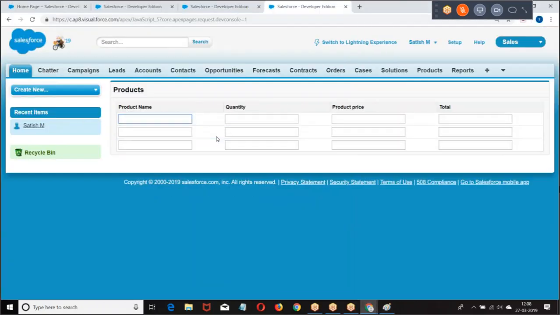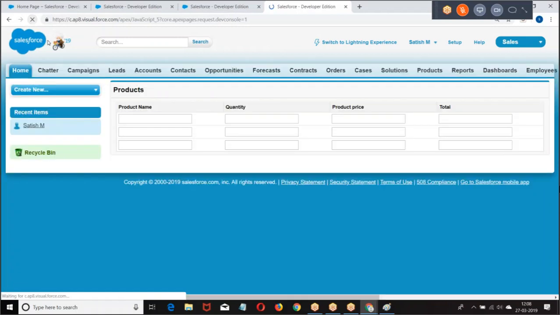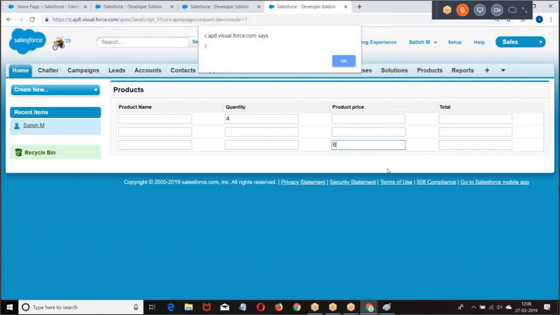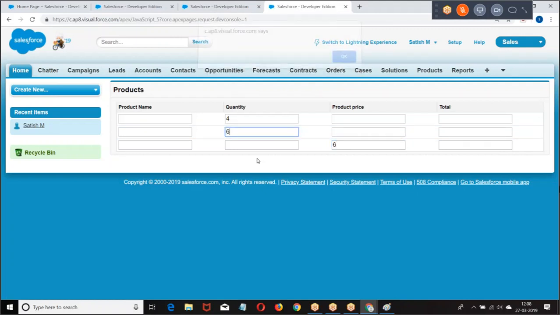Go back to this. Row number 0. Row number 2. Are you getting my point? So it is giving you the row number. If you know the row number 1, quantity. Row number 1, price. Row number 1, total. If you know the row number, that row number's quantity, that row number's price, that row number's total. I hope you are good with this.